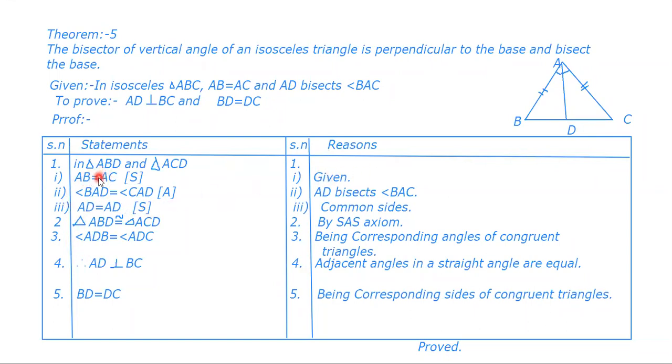These two sides are equal, and this angle equal, again this side and this side, because they are common side. And then after proving congruent, this angle and this angle are equal, because corresponding angles of congruent triangles are equal. If two angles are equal, it must be perpendicular. Next part, you have to prove BD and CD are equal. They are corresponding sides, so they are equal. Okay.